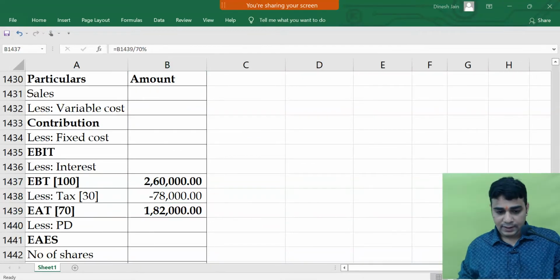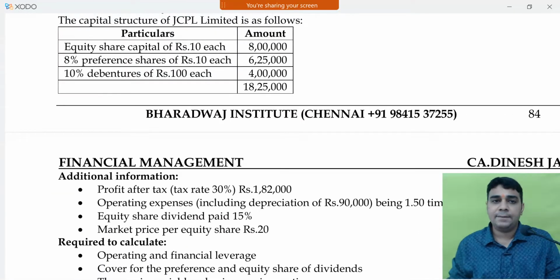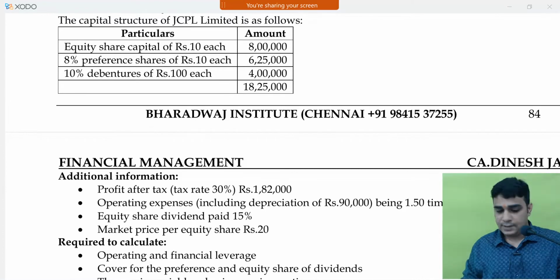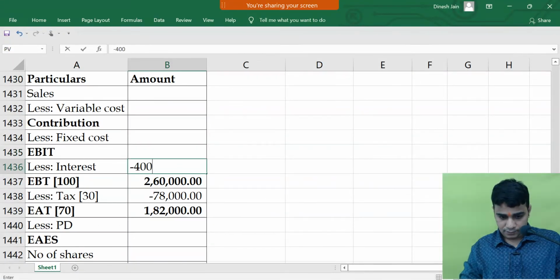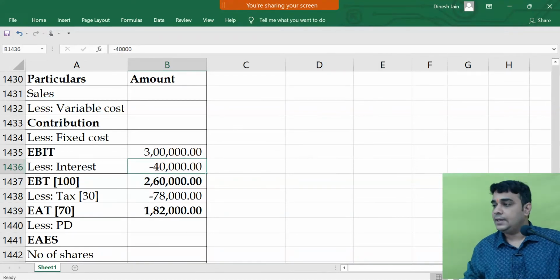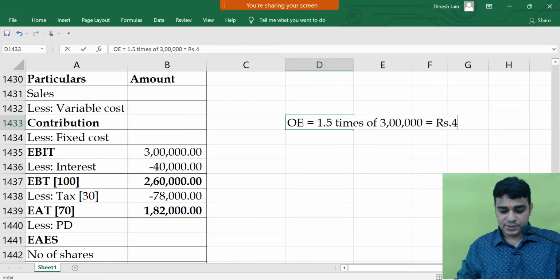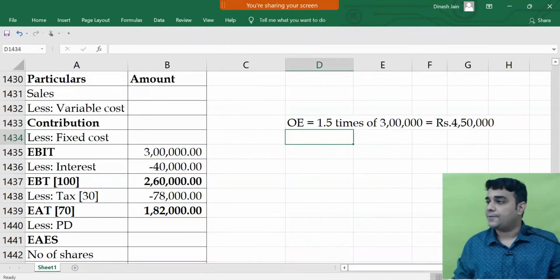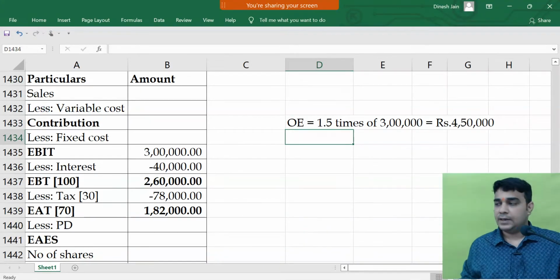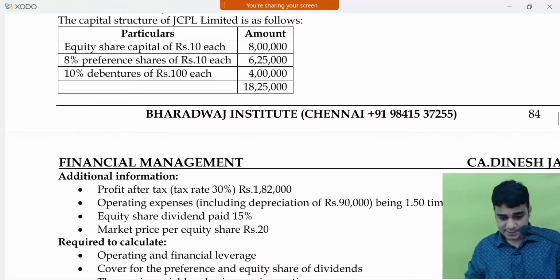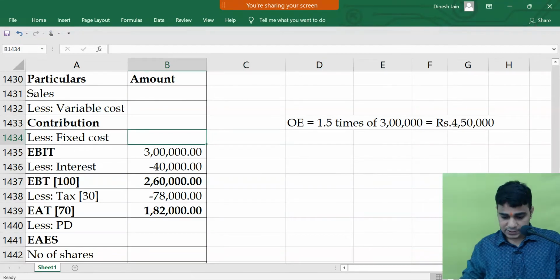Tax is 78,000. Interest is 10% debenture of 4 lakh, so this is 40,000. EBIT is 3 lakh. My operating expenses was 1.5 times of 3 lakh, which is 4,50,000. In that 4,50,000, depreciation is 90,000, which is fixed,